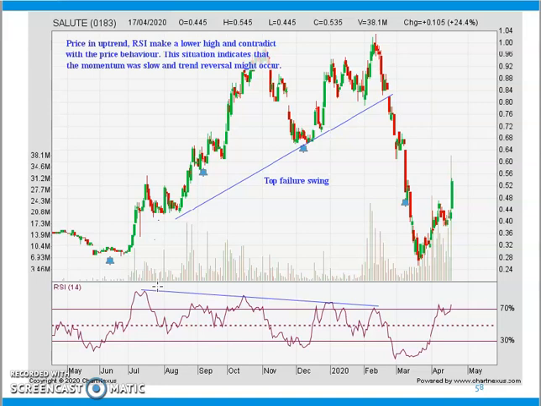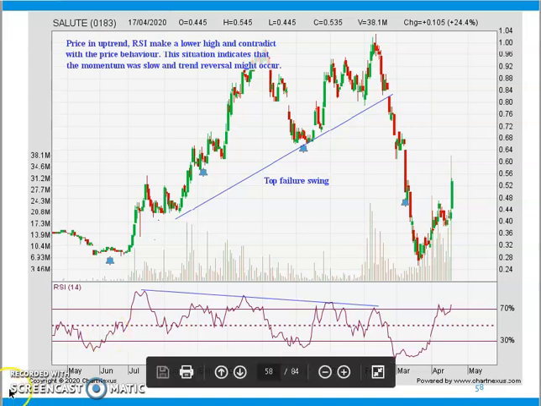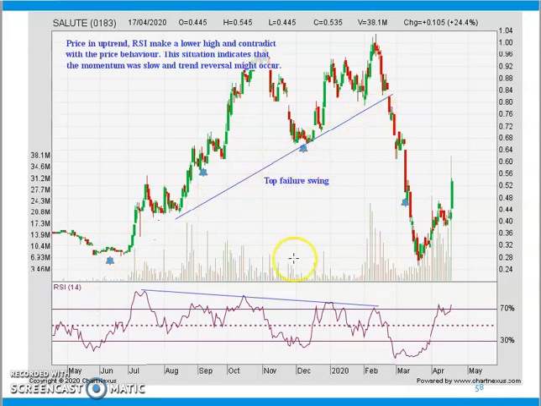But in the RSI, we call it a top failure swing or bottom failure swing. First, we will discuss the top failure swing. What is the meaning of top failure swing? Top failure swing happens in an uptrend. As we can see in this chart, price is showing an uptrend and we can draw an uptrend line,